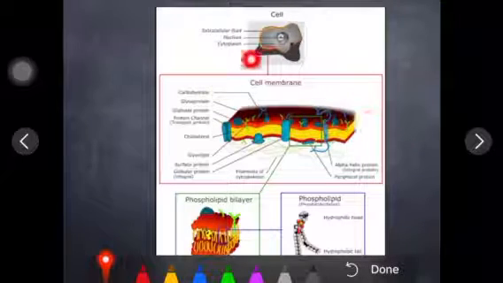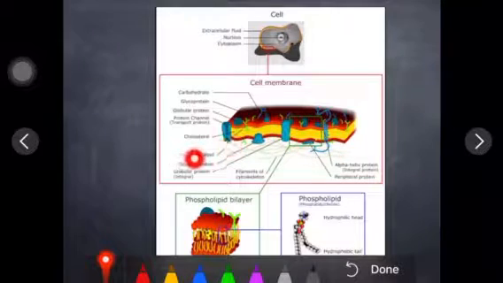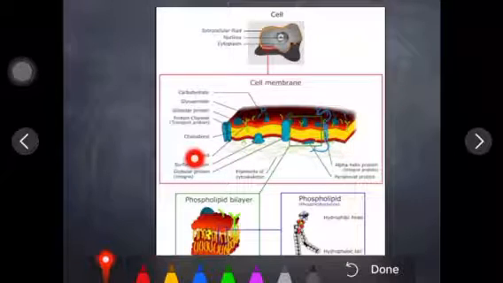So here you will see such a structure, right, children? The cell membrane has two layers, right? The two layers are made up of lipid. The first thing you have to remember, it is a little complex, but I try to clear things in an easy form. So it is made up of two layers. These red colored two layers are made up of lipids, right? And they have a combination of glucose as well, so we can call them glycolipids, right?